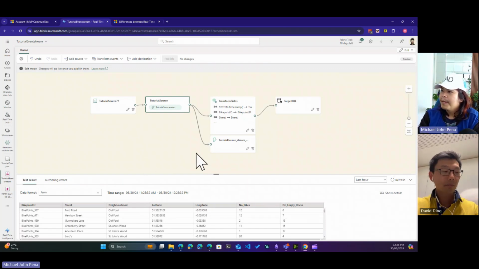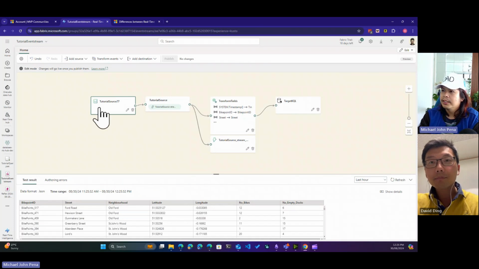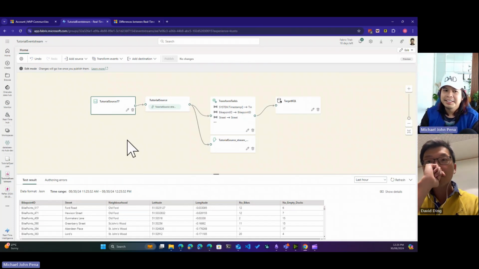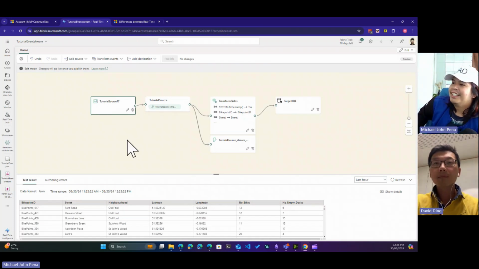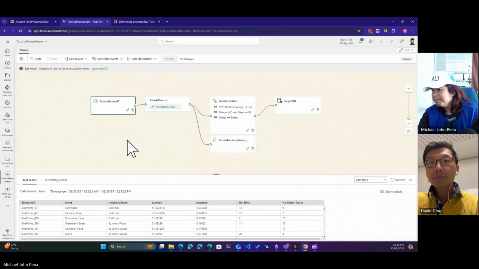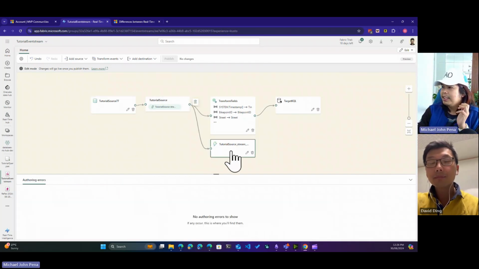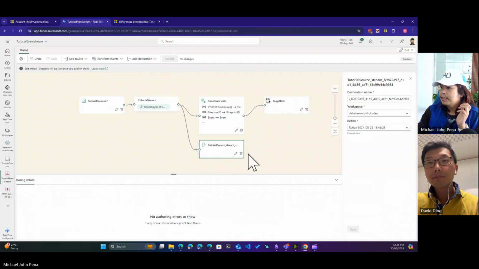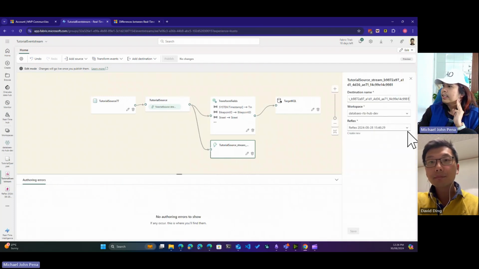And the way to capture historical data, obviously, is a different thing of its own. Right now from here, I created this reflex. We're in the event stream edit mode. You can create a new reflex, and from here you can do a create new reflex or call an existing reflex.